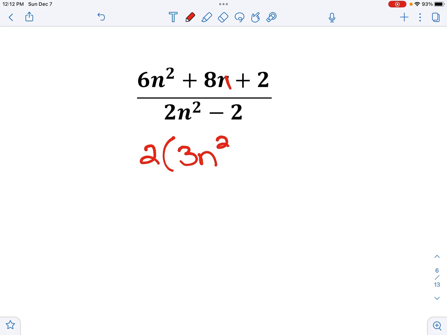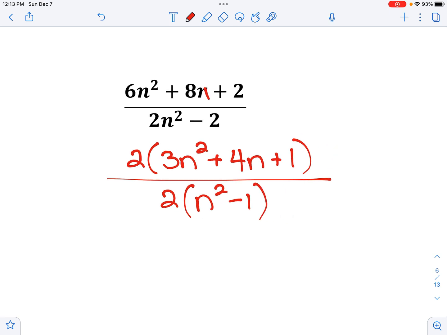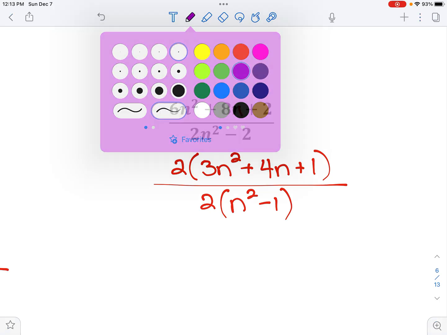I think that was supposed to be an N, so this should be 4N plus 1. And on the bottom, this would be 2N squared minus 1. Okay, let's see. The top, I might factor this off to the side. So we have,